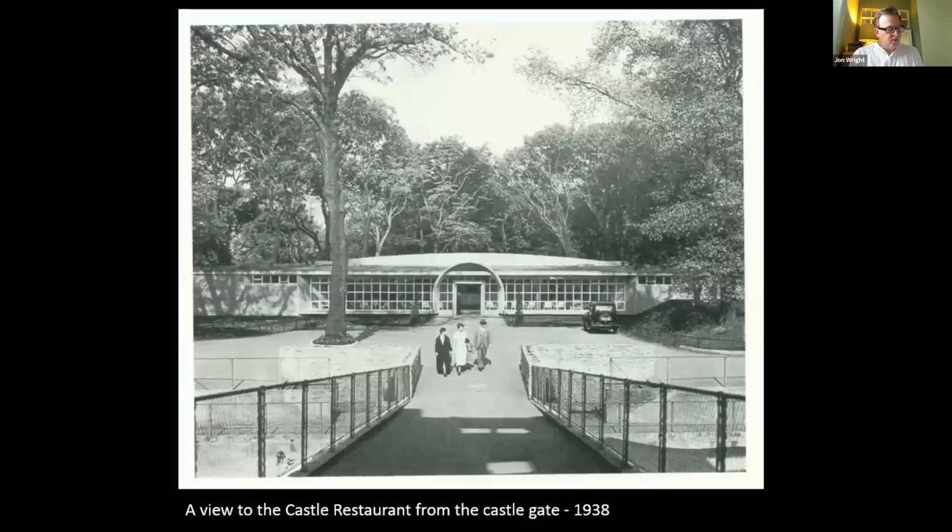The castle restaurant is the next one we'll have a look at, and this probably was the building that needed to be most sensitive to the castle, because where that photo was taken from is the entrance to the castle compound from the castle gate, looking straight down over the sea lion pool, which we'll come to in a minute, which is either side of this bridge. And again, Lubetkin's using the topography to define not just the appearance but the shape of the building, because on plan it's a huge triangle, with this being the long edge that we're looking at here,